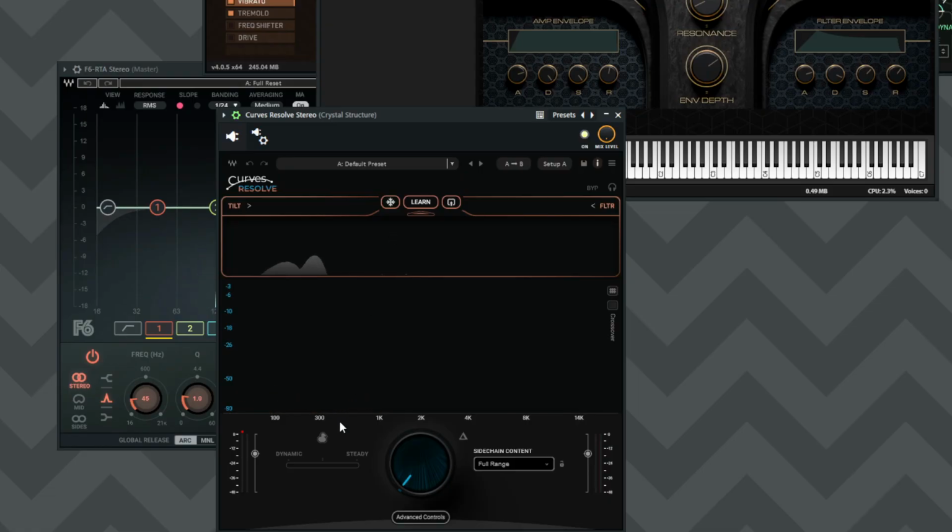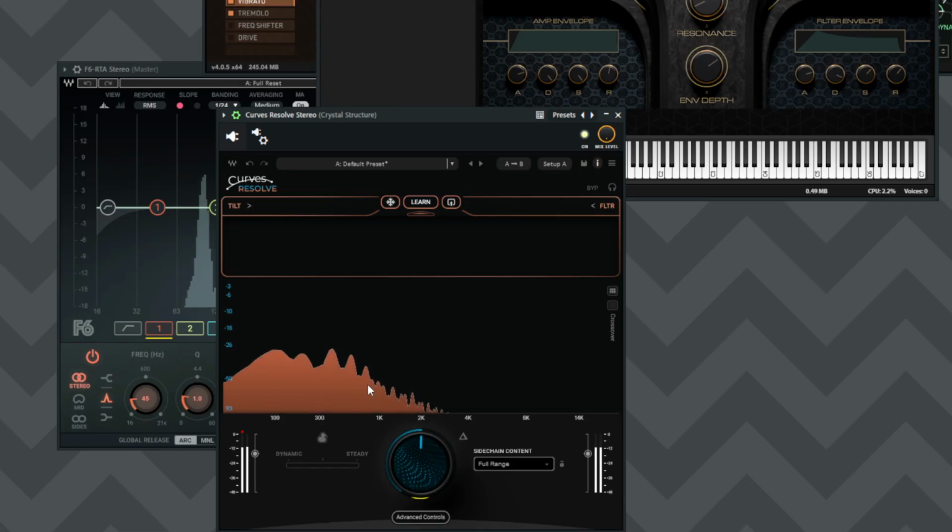Okay. And so you have a lot of options here. I'm not going to go into learning the Curves program, but they're all training everything. But the main dial here sort of controls how much effect you're going to get. So what you'll see is when I start playing the drone